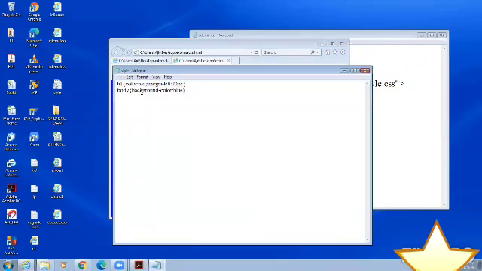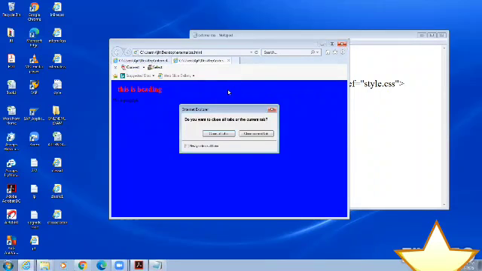I will show you what I have given in style.css. You can see here I have used the h1 selector, the property color red, margin left 20px. And for body, background color blue. So whenever I give the reference to the page, the whole background color is blue. No need to specify the background color blue again. It means the same styling you can apply for many web pages. So these are the things inside the style.css.